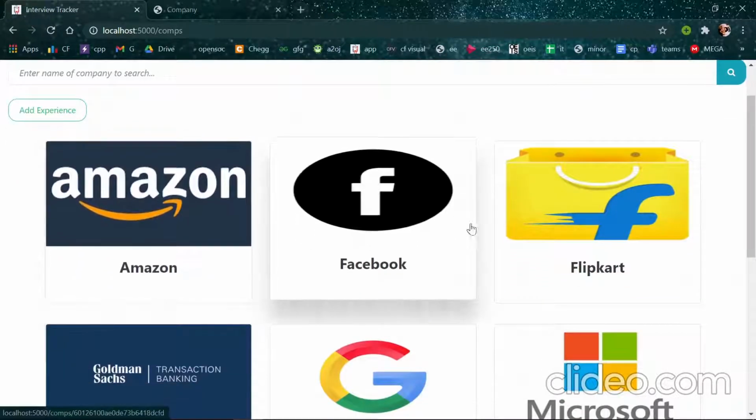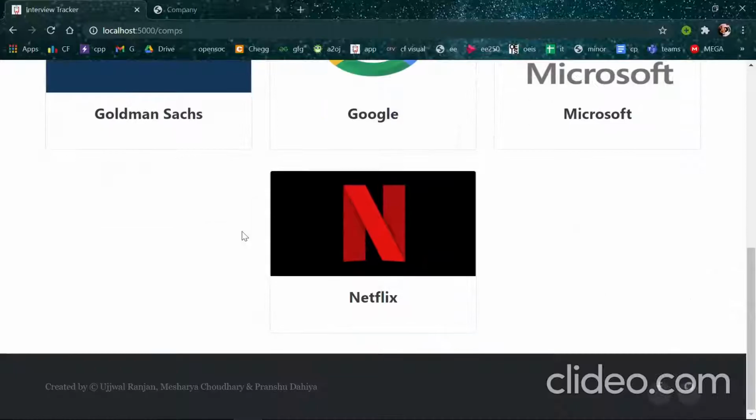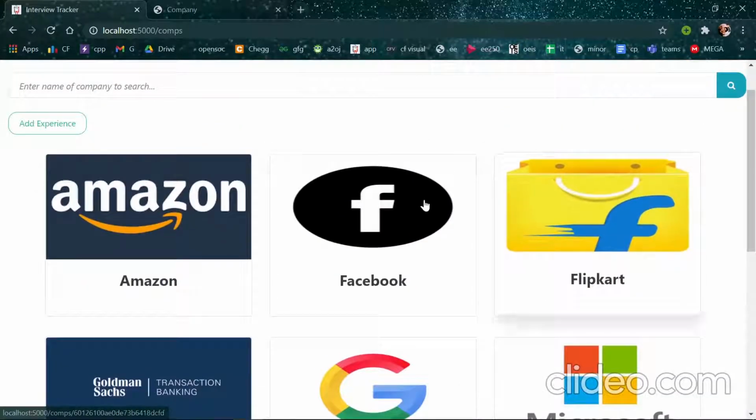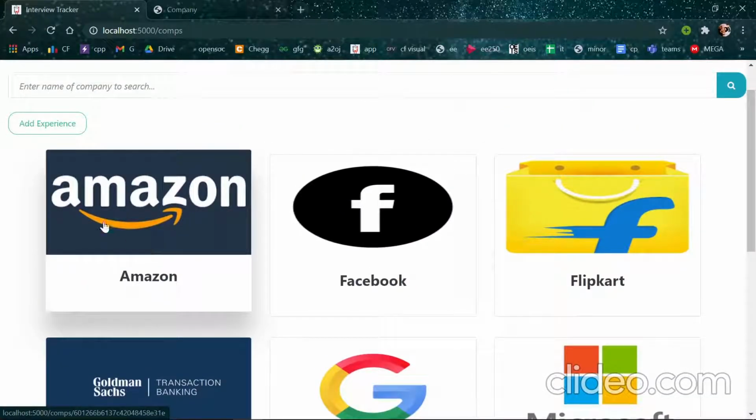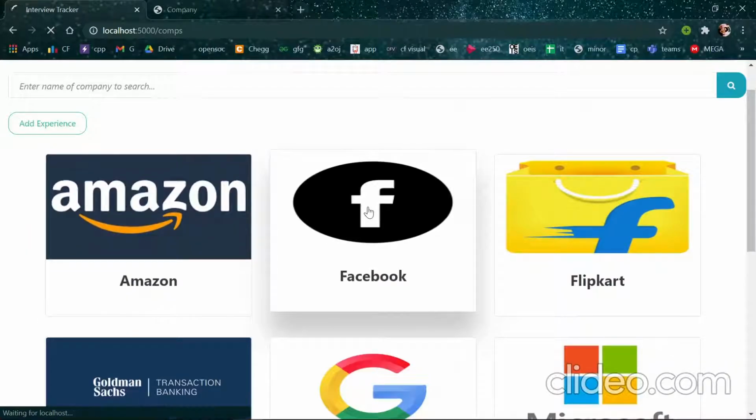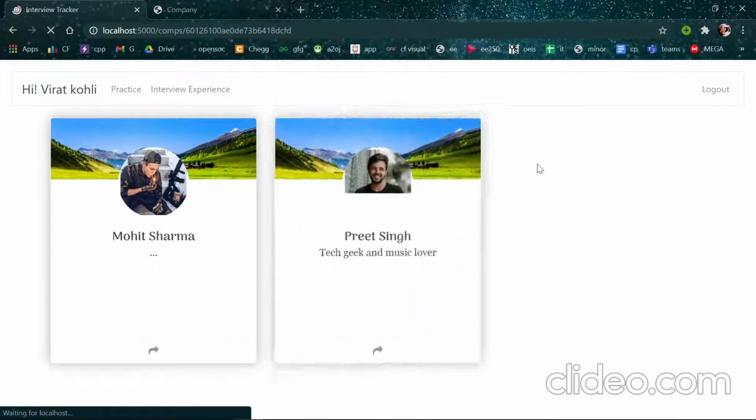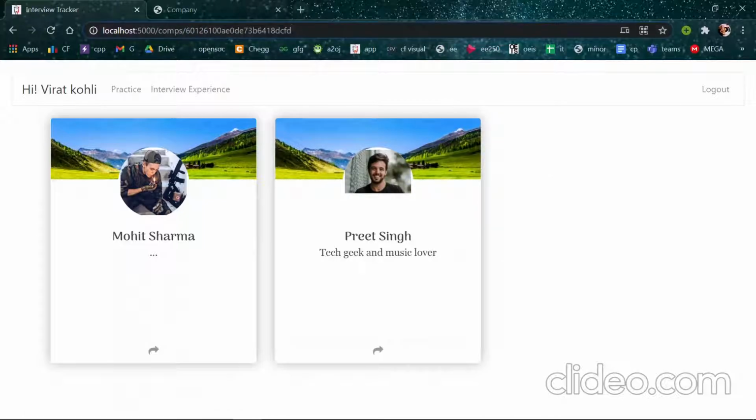Similarly, in case of topics, we have displayed a list of companies. We have these companies we have already created in the backend, just provided a logo for each of the companies, and we have displayed them using cards. Okay, if we click on any of these companies, see here that here we will get the ID of the company, just as in the case we got in the case of topics.